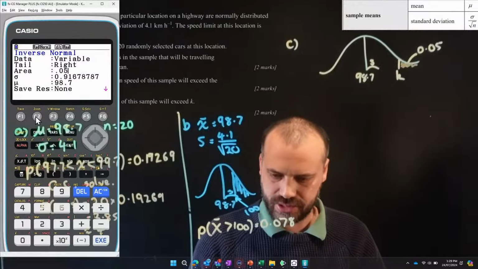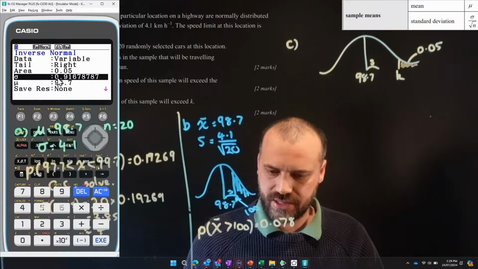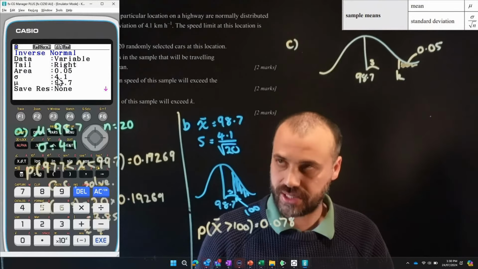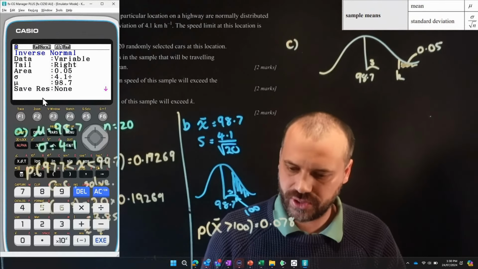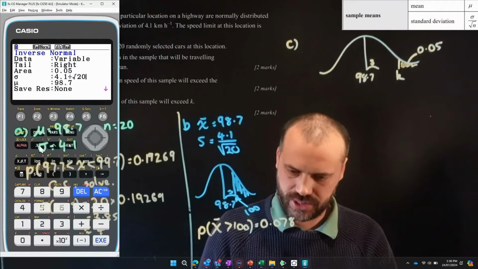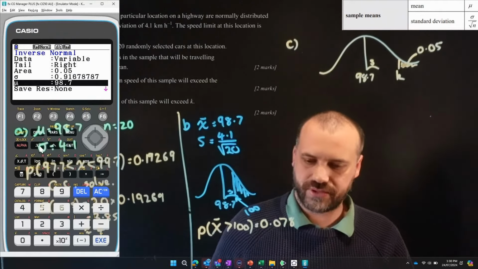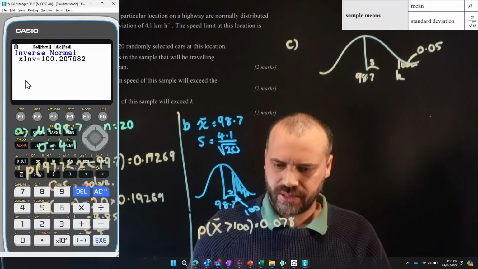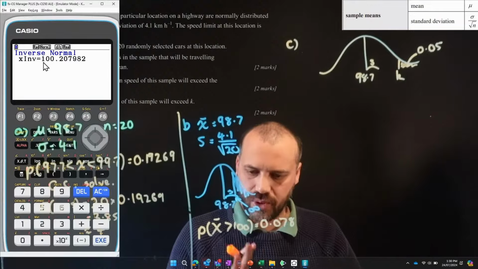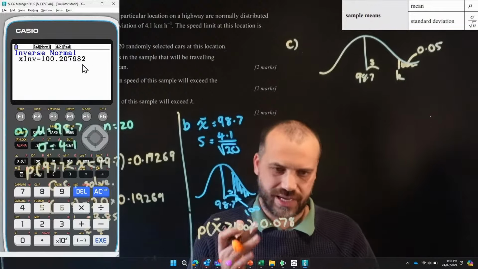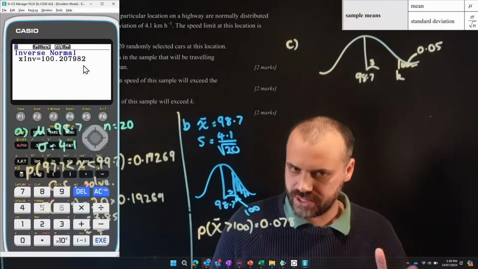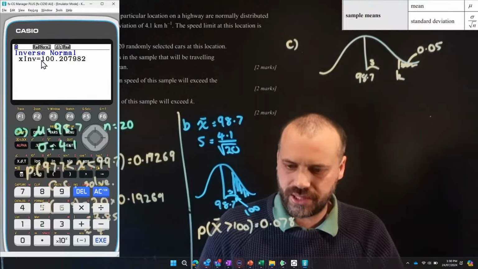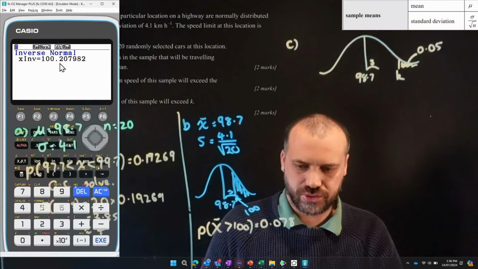We're going an area of 0.05. The standard deviation is going to be equal to whatever this value is here. Let me just make sure that I type that in correctly, divided by root 20. Yep, and then we have this 98.7. Let's scroll down. Does this draw this for us? It doesn't draw it. Okay, fine. And we get an answer of 100.207982. There is a 5% chance that the mean speed of these cars will be larger than 100.2 kilometers per